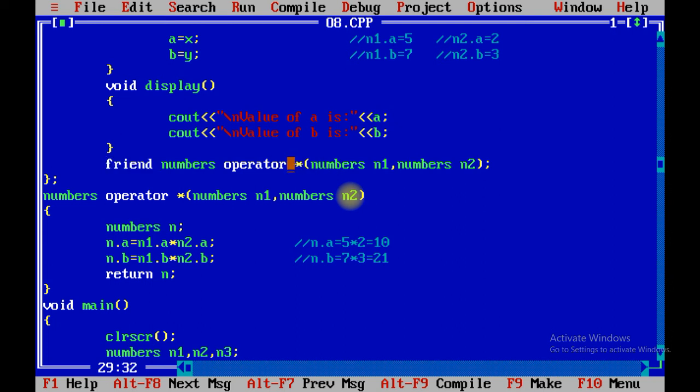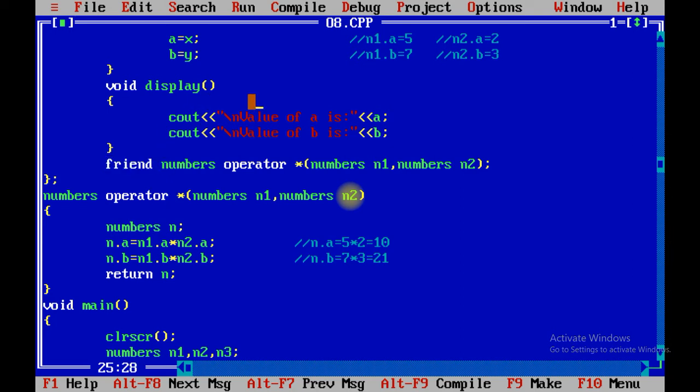When you overload a binary operator, you can pass two arguments using a friend function, and in the case of a unary operator you can pass a single argument. But when you don't use a friend function, a unary operator does not contain any argument and a binary operator contains a single argument. So the only difference in using a friend function is this one, right?